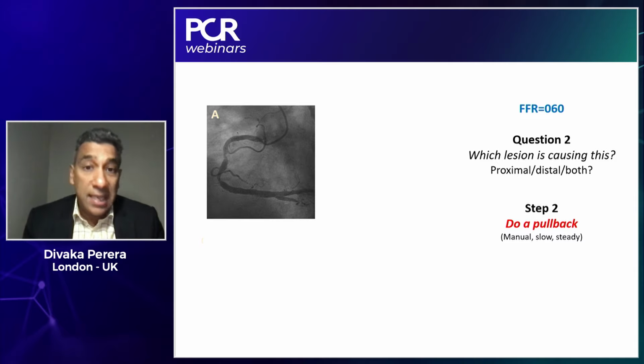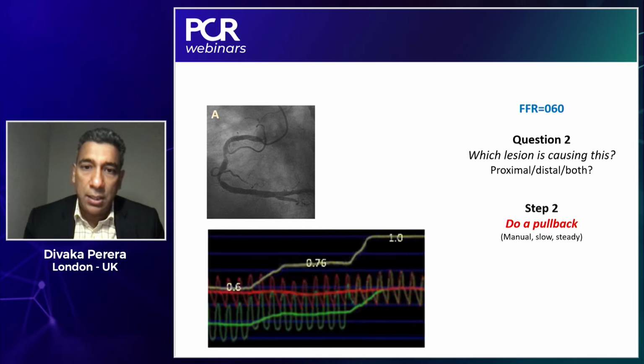Now, we can try and guess at that, but a better way would be to do an FFR pullback. With continuous hyperemia, a manual, slow, and steady pullback can be carried out, and this is the sort of image you get. The red trace is aortic pressure. The green is distal coronary pressure, and the yellow line above it is the ratio, which is FFR. I've written in the values there for ease. So we have some visual qualitative assessment of which lesions are causing a problem. You might say that there's a more focal proximal lesion and a slightly more diffuse segment,